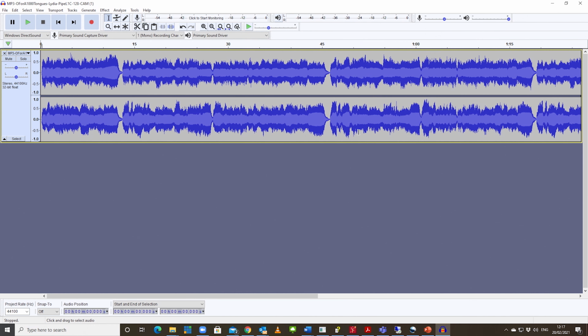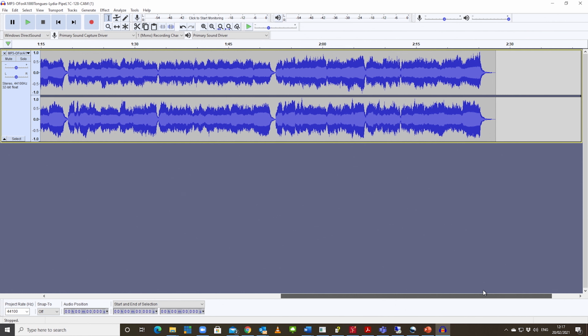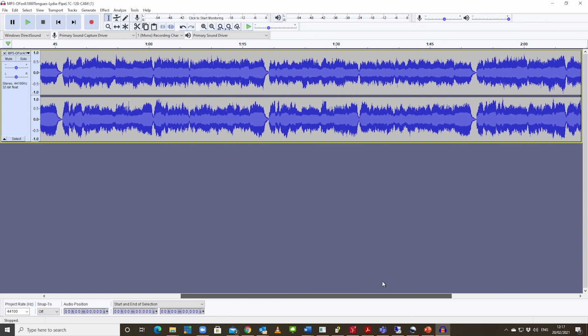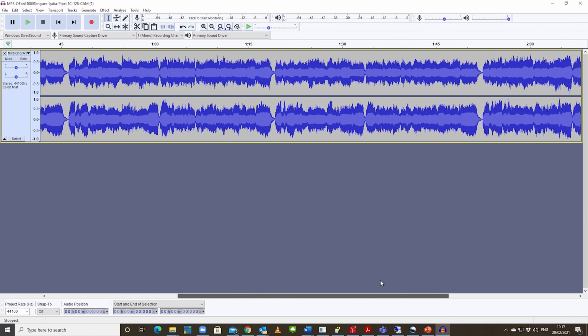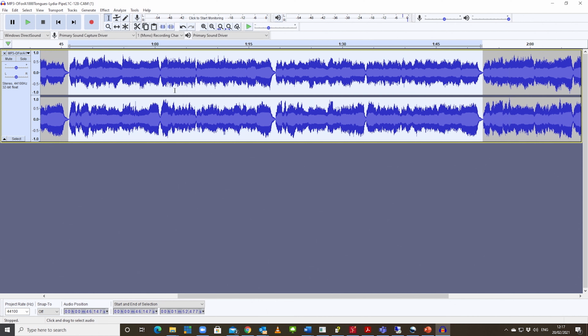So we're just zooming in a bit so we can make ourselves a little bit more accurate, because we want to just go right at that quiet point in between the verse before and the verse after, and we're just going to select that by holding down the left mouse button at the quiet point. That's 1 verse, that's 2 verses, just get it about right. And we're going to do a Control and C to copy it,